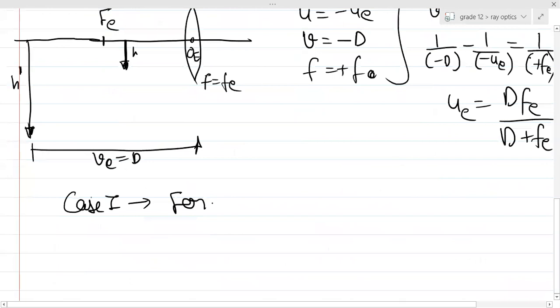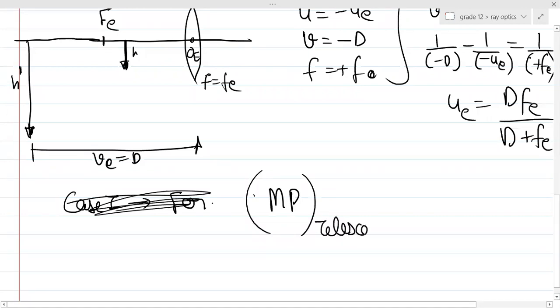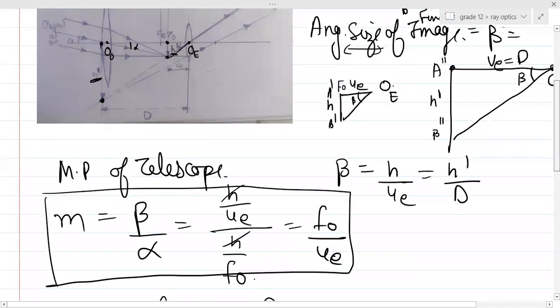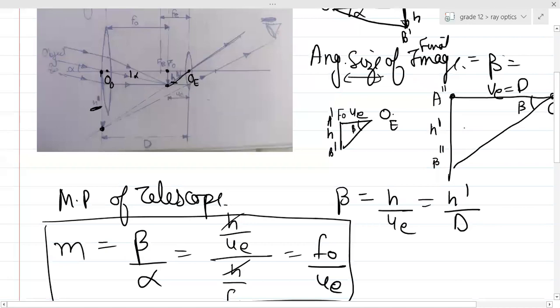So suppose for this case where the image is formed at the least distance of distinct vision, the total magnifying power of the telescope, the complete telescope, not the individual lens, will be basically magnification of objective multiplied by magnification of eyepiece, right? Yes or no, guys? Yes or no? So can I write this thing as